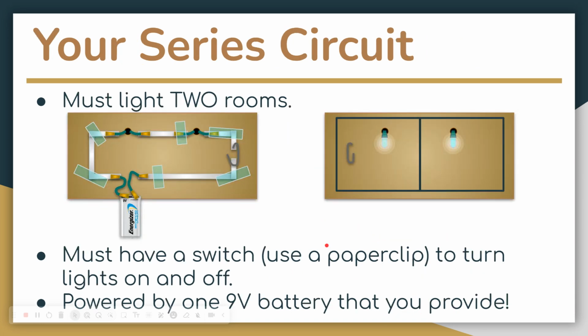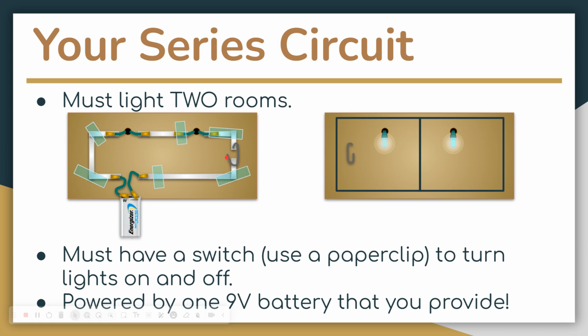This is what it's going to look like when you are actually building it. So basically, this would be the back side of your cardboard or shoebox or whatever. And then on the front, this is what you would see. This is an example of a series circuit. You can see that I have a 9-volt battery that is attached to the foil. The foil is taped so that it creates that closed loop, and it does tell you need light switches,